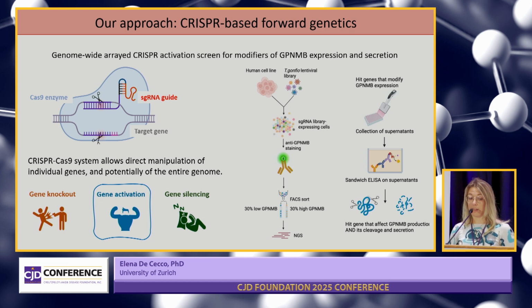So to do that, we plan to use a technology based on CRISPR-Cas9. So you probably know that the CRISPR-Cas9 system allows us to directly manipulate the expression of target genes. We can either completely kill their expression, we can increase their expression, or we can temporarily silence them. And our idea is to tackle every gene of the human genome, trying to see what they do to GPNMB